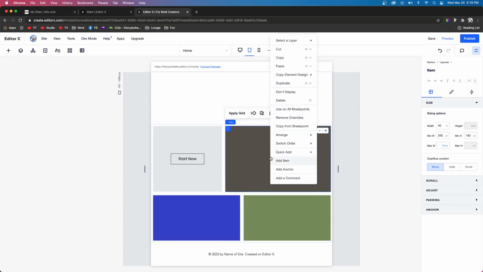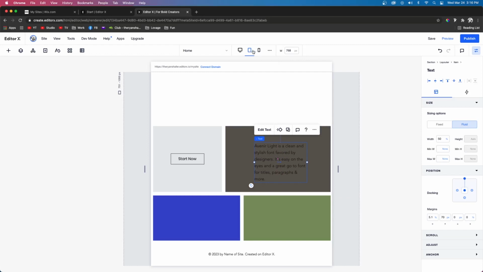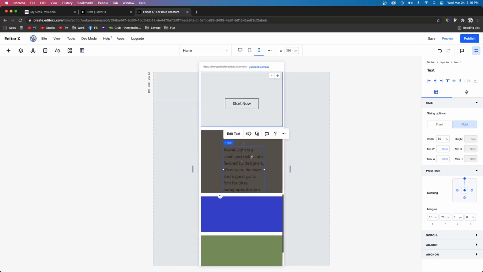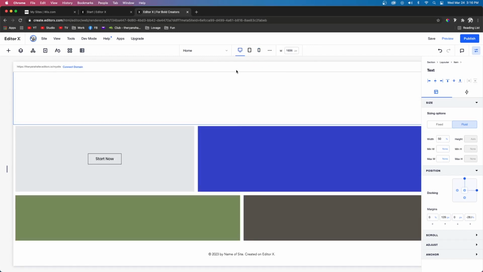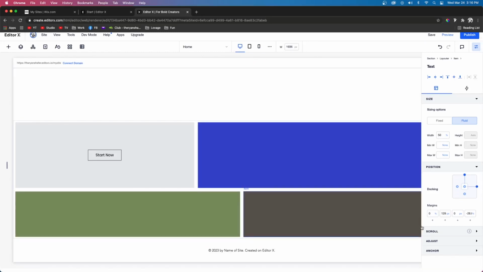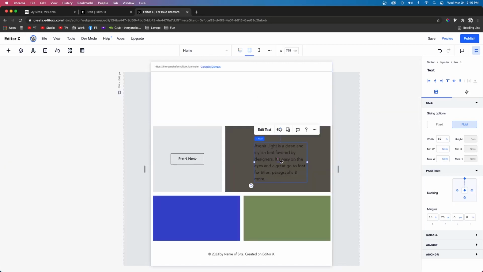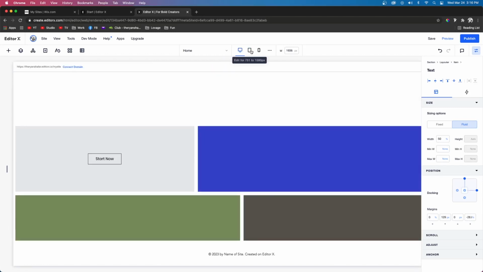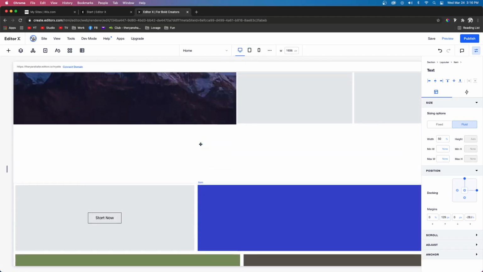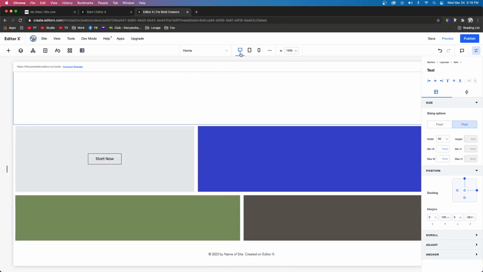So for example, if we add a button to desktop, it'll show up on tablet. However, if we're on tablet, and we choose to add a paragraph into the brown one, if we go down to the mobile view, we're going to see that paragraph. But if we go back up to the desktop view, there is no paragraph. And that's because Editor X allows us to add stuff to different and smaller breakpoints without it showing up on the larger one. So it is important that you first make your website on the desktop view